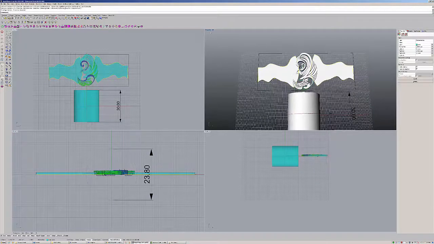Oh, okay. I was wondering if, since you did the cylinder, but you didn't extrude the cylinder. All right, so